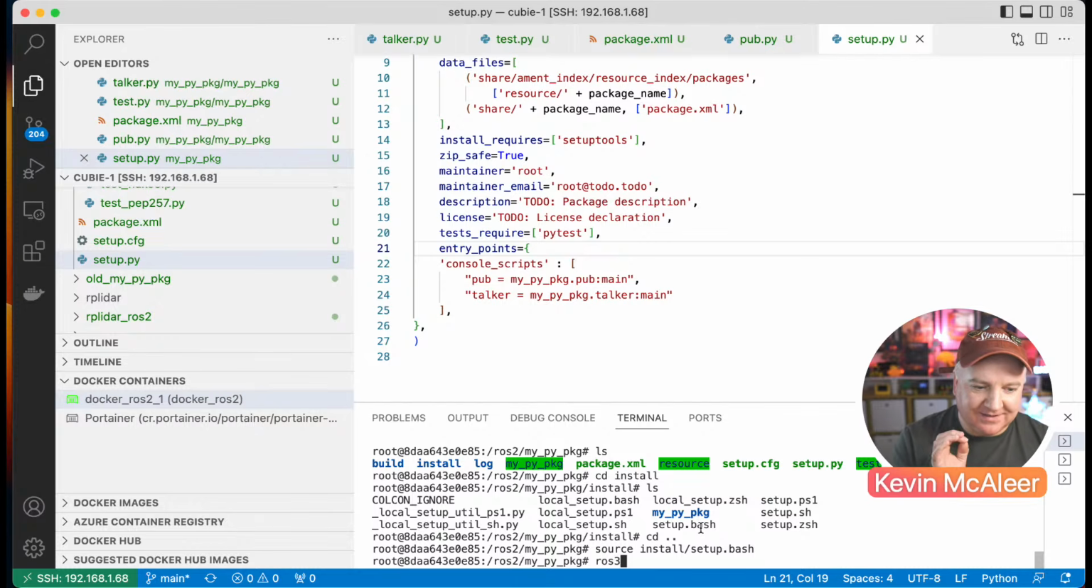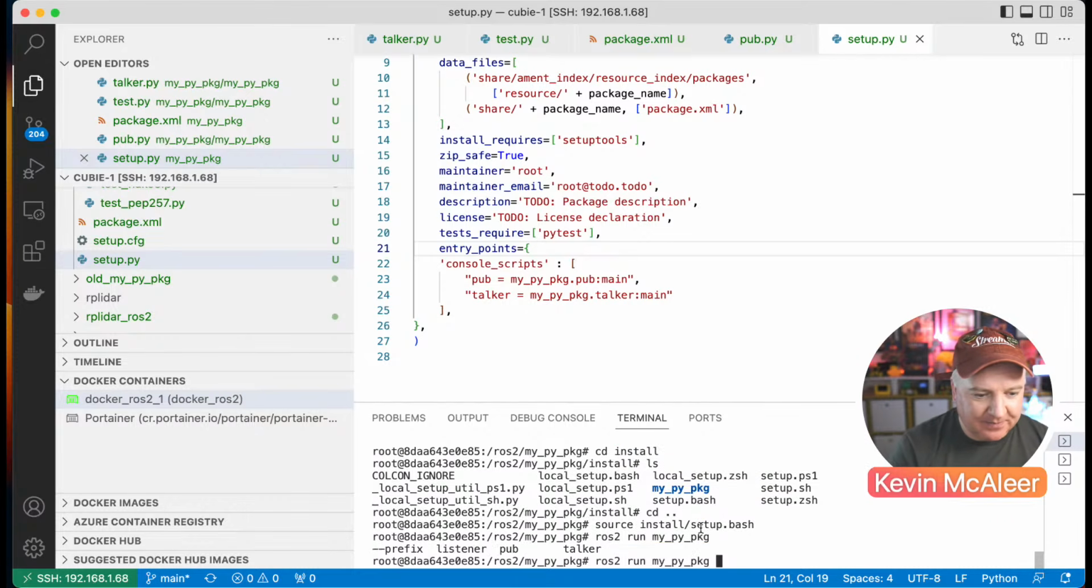Right. So now if we do ROS2 run, and then if I just type my p and press tab, it knows about this. If I press double tab, it will now show us what we can potentially run in here. So listener, pub, and talker. So if I say run pub,